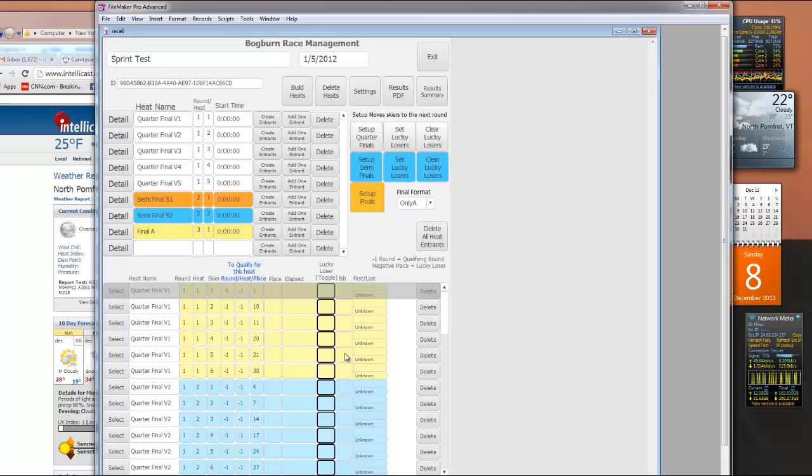Once you have the heat set up, the next thing you're going to do is you're going to actually take the top 30 finishers for the first round. So you'll go to Set Up Quarterfinals, and what that does, you can now see the names are listed. That takes the first 30 skiers, assigns them bibs automatically based on their place, and you can see that these